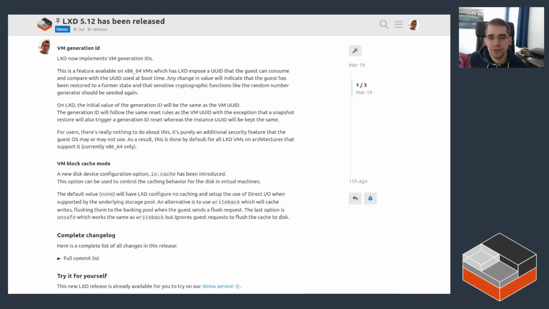And it will know to go and reseed those number generators, also clear potentially some cached keys, some cached random data to get back into a clean state. So it's a security feature that should be effectively invisible to just about everyone, but that will make things slightly safer. And the last feature in this release is support for a new config key called io.cache, which lets you